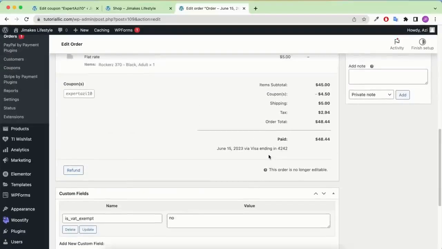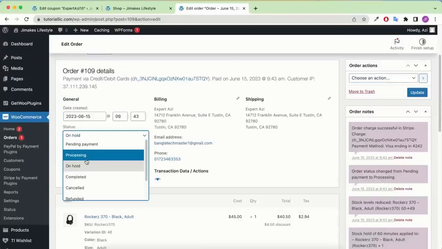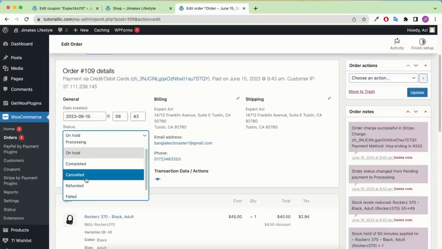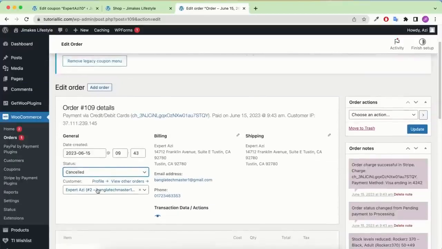Okay, and if you see that you don't have any product, and if you'd like to give them a refund, then you can simply click on this refund button to give them a refund. Or also if you'd like to cancel this order, then you can simply cancel here and just update it. Or if you just do a refund, after the refund you can just make it refunded, then you can just update this